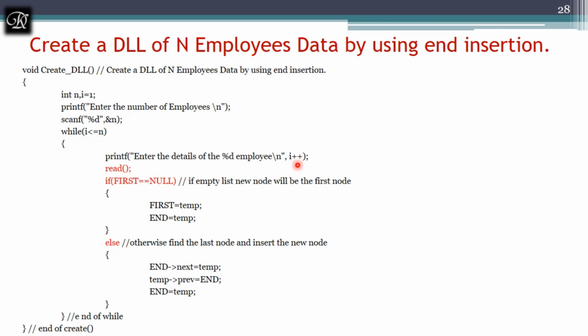You can check here, I am updating inside the printf itself until I is smaller than or equal to n. Initially I is 1, I is smaller than or equal to n. It keeps on repeating. If you have given 5 employees, this loop will repeat 5 times. And the insertion operation is exactly the same as insertion at the end, and only we have added the loop over here and some variables which are required for the loop.